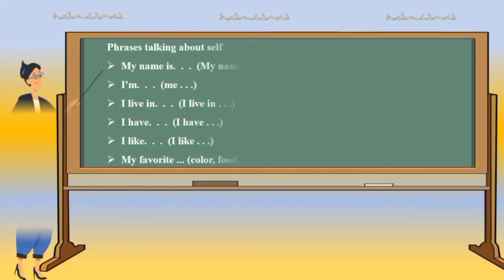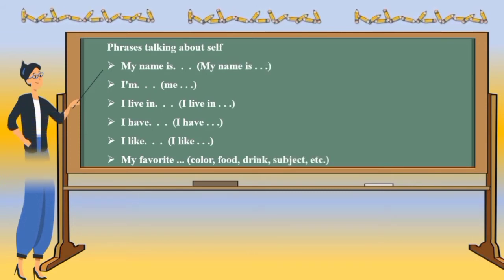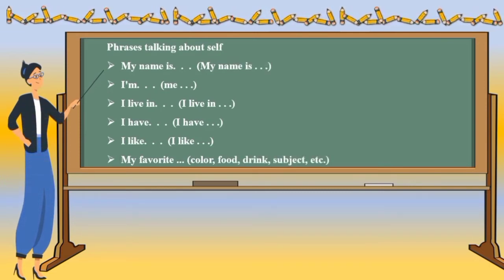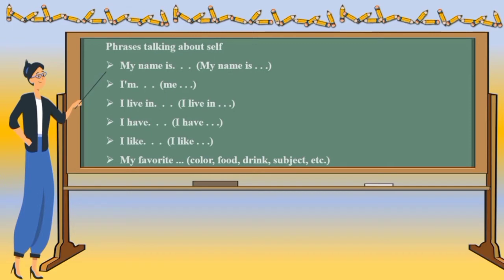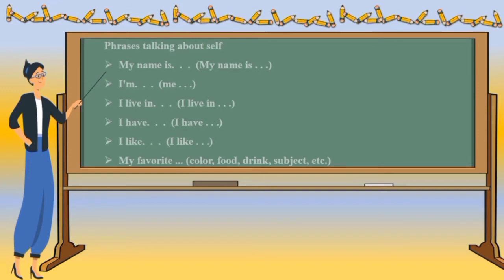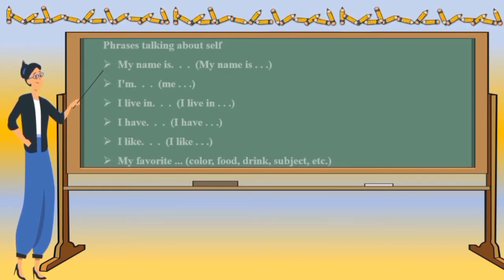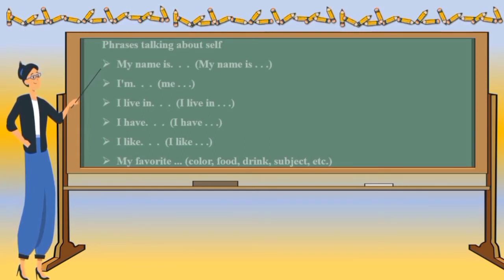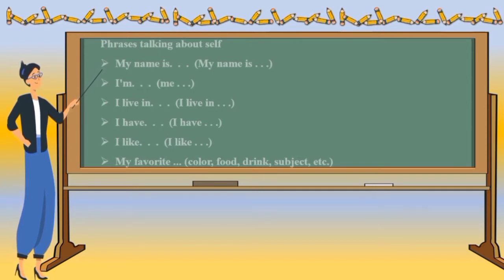So for the next, here is some information that we can convey in introducing ourselves, such as our name, origin, our hobbies, our favorite colors, food, drink, or any other subject you like. So you can tell everyone what you like, what your favorite is, or what your hobby is. But the important thing is that you give your name or your identity to your partner speaker in the conversation.